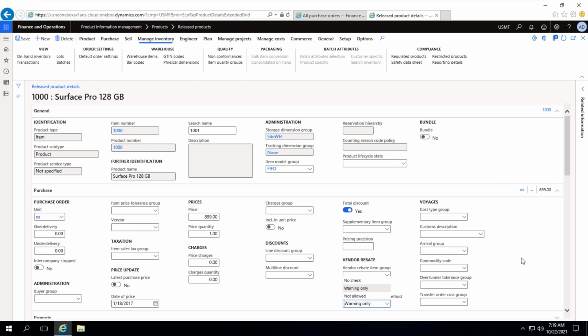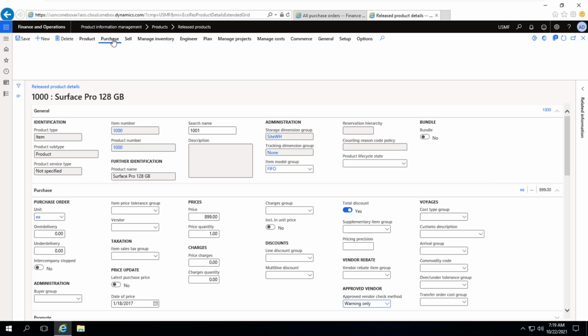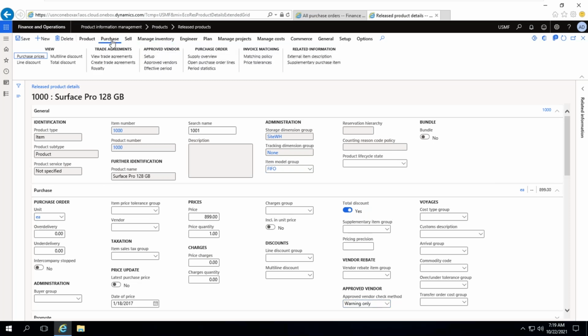So for the approved vendor list, where I can see it: you can go to the purchase tab. In this approved vendor setup, whoever is mapped here, from those vendors only I would like to purchase.